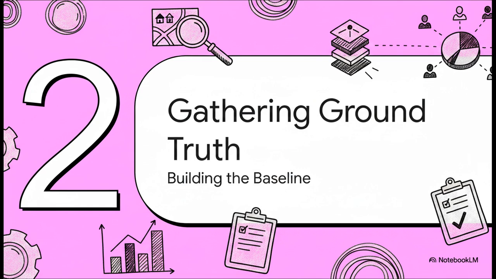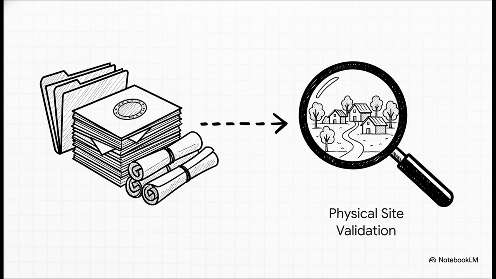Gathering the ground truth, or building the baseline. Okay, before anyone can even try to predict future impacts, the FAE has to capture a crystal clear, highly accurate snapshot of the community exactly as it exists today. This whole data hunt starts with the paperwork, what we call secondary data sources. The experts dig into established records like the latest census data, often going back to 2011, and local Gram Panchayat records. This gives them a foundational map of village-level data on populations and literacy rates.